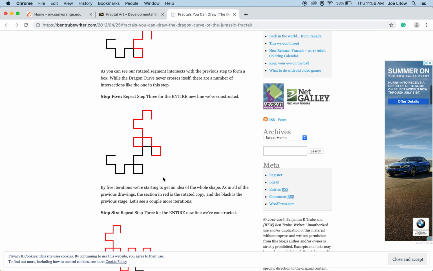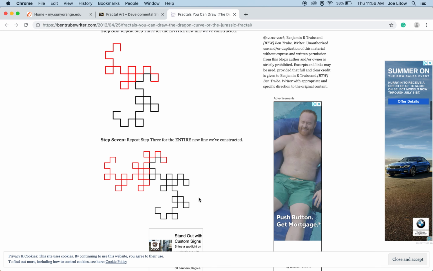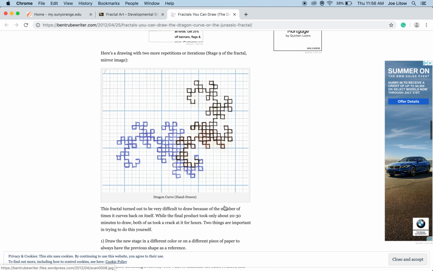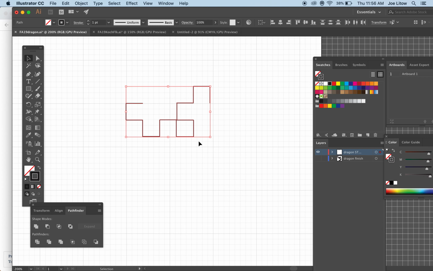Then repeat it to here. Continue going, and as you do this correctly, the final solution will turn out to look like a dragon, almost like Jurassic Park. Evidently they use this fractal in some of the marketing for Jurassic Park. Now I'm going to go back to Illustrator,